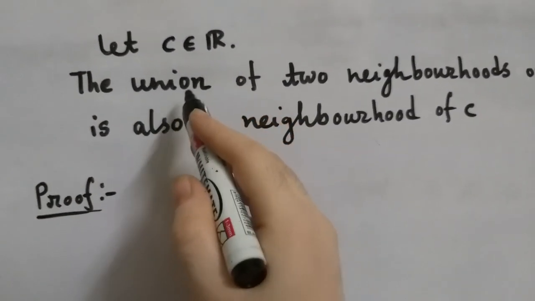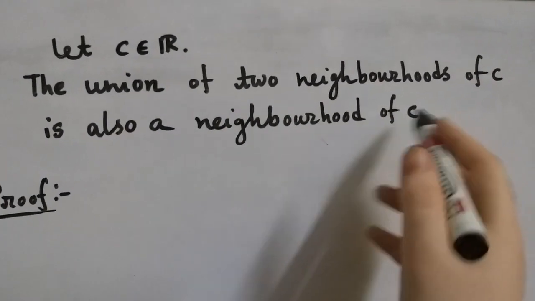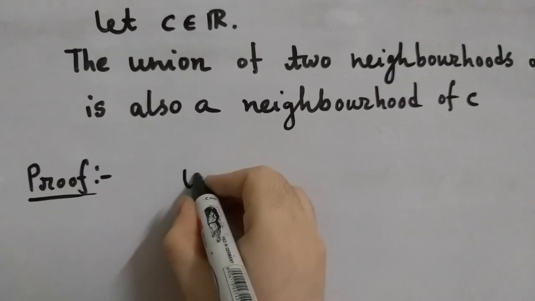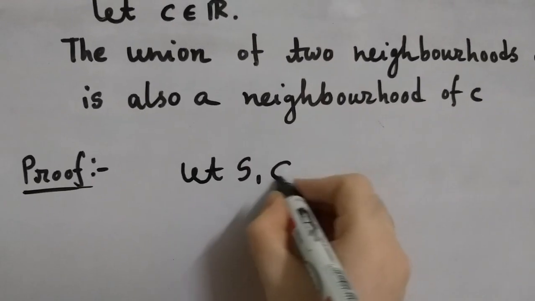Let c belong to R. The union of two neighborhoods of c is also a neighborhood of c. Proof. Let S1 contained in R